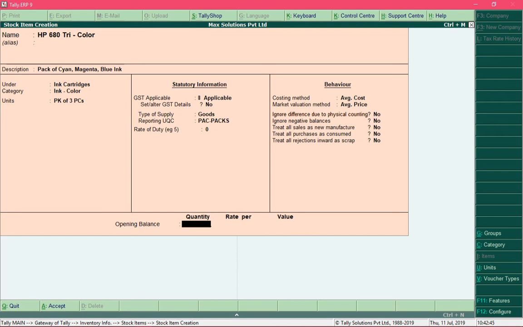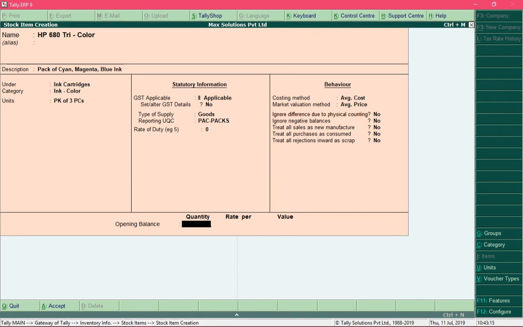In the field for opening balance, you can specify the quantity of stock which is already present with you. So in case you are moving from manual accounting to computerized accounting, and you have information about the quantity of available stock, then you can specify it over here.